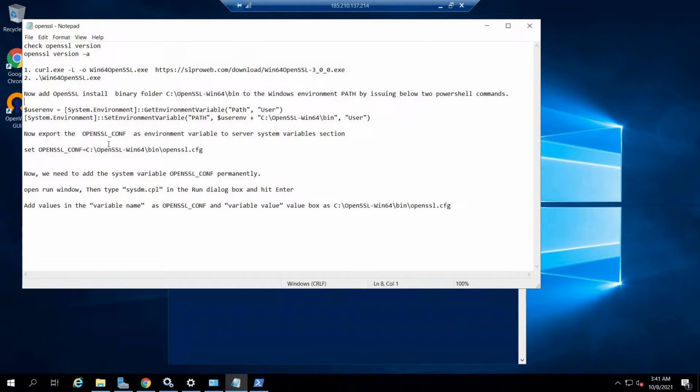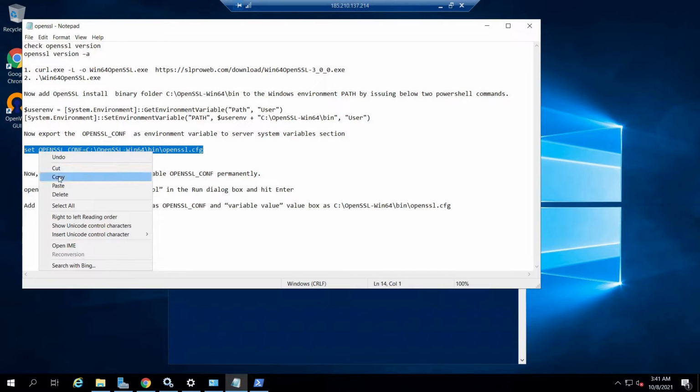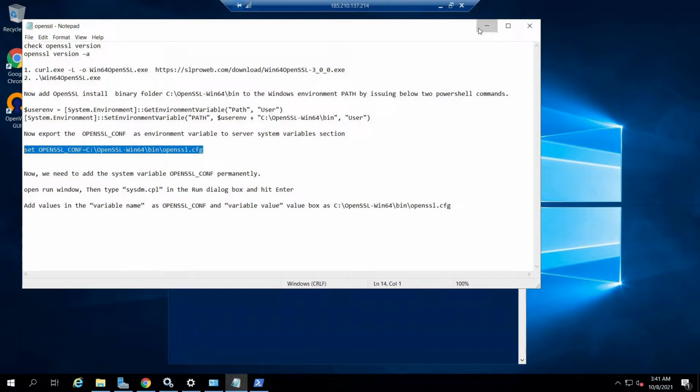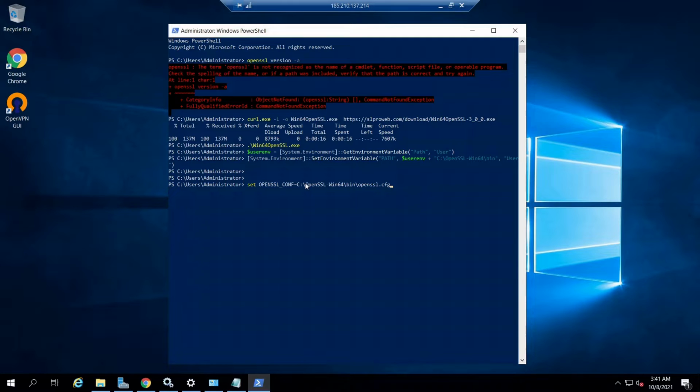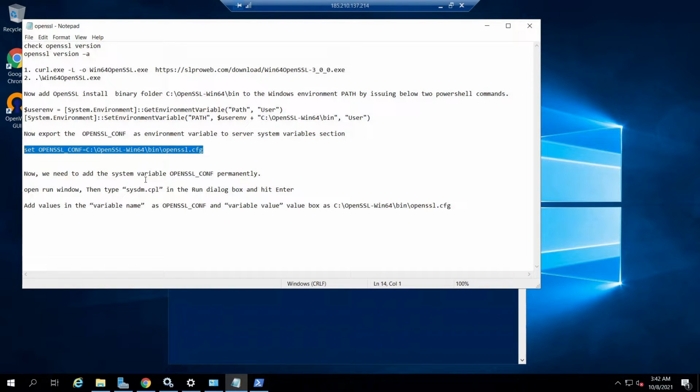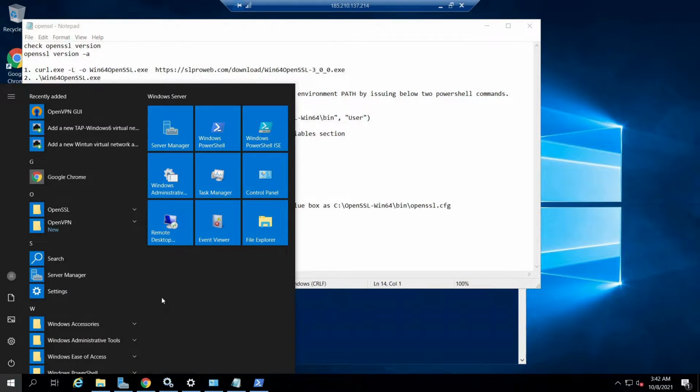After that, we also need to export the OpenSSL config file with the variable name OPENSSL_CONF. For that, issue the below command in PowerShell. By default, the OpenSSL config file location will be C:\OpenSSL-Win64\bin and the file name will be openssl.cfg. Once we set the OPENSSL_CONF variable, we also need to add the system variable